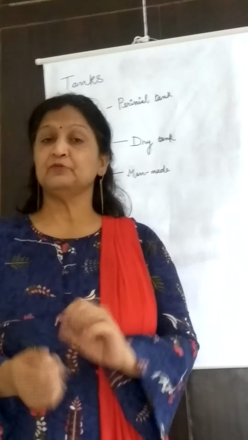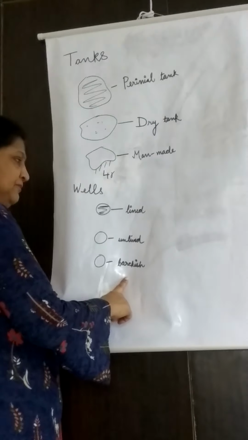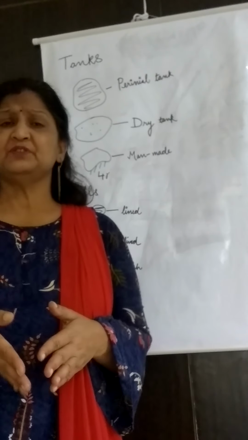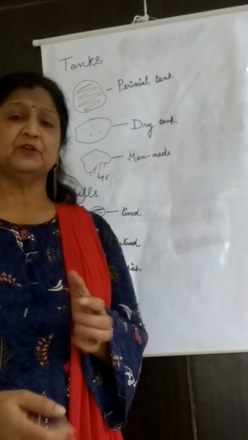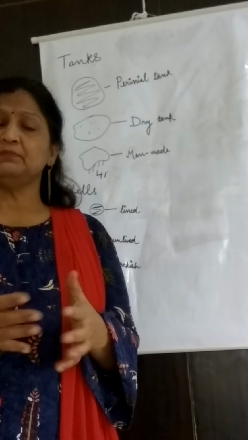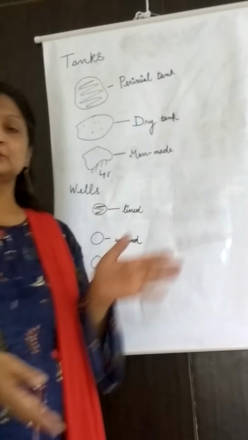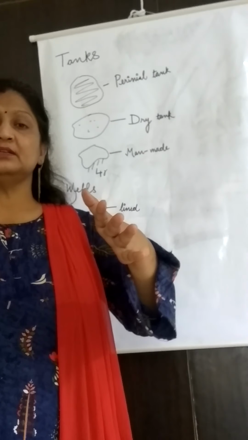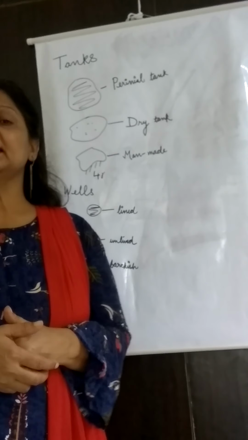Now this well is also of three types: lined, unlined and barkish. Lined and unlined wells, you have seen, are two types. Some wells are simply one hole that was dug, and the water was there. That well does not have water throughout the year. Maybe in the dry season the water dries. In a lined well, it is thoroughly cemented, and it also has a cover at the top so that dust does not enter. So that is known as a lined well.